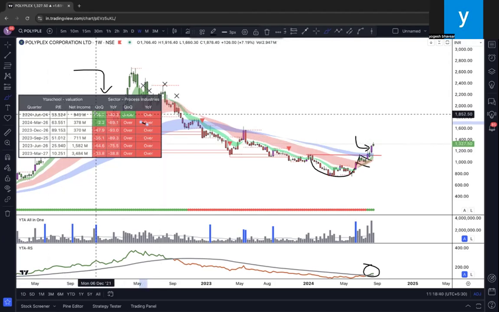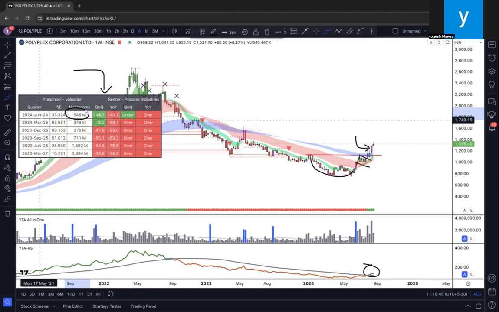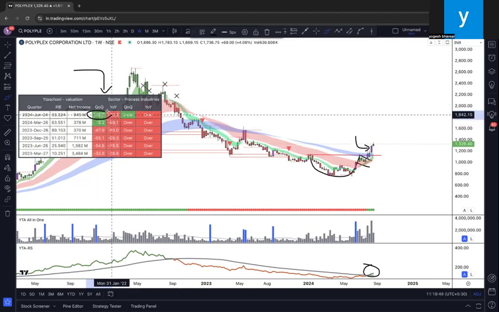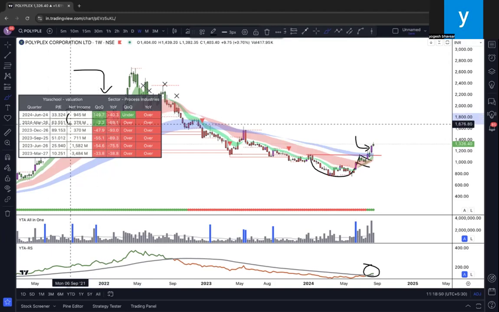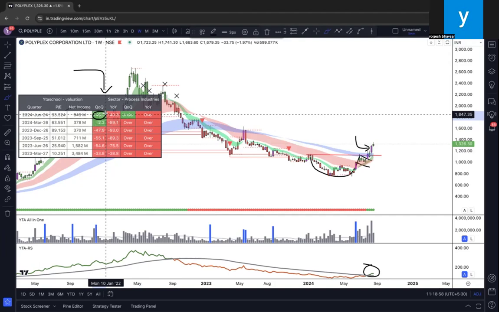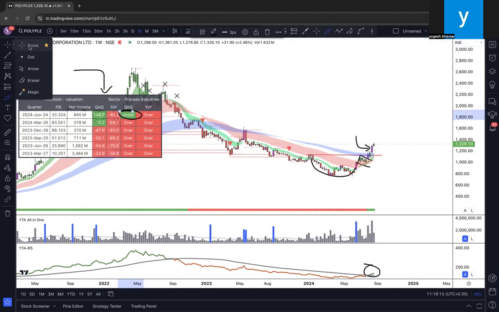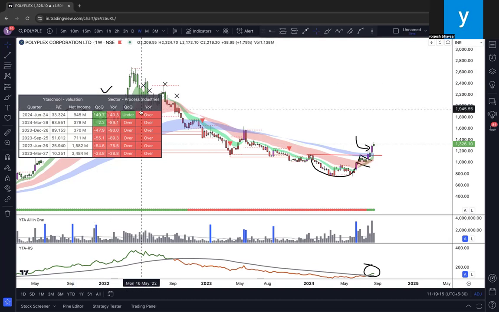Now what happened? In the current quarter, the company gave 945 million, which is 149% better than the previous quarter. And the valuation it asked went from 63 to 33. So for a jump of that kind of income, you are asking 33 P/E. My system said, fine, it's now undervalued as per my logic, which I use. For you, it can be different, but it's okay to take an opinion. You don't need to listen to me, but just take an opinion.